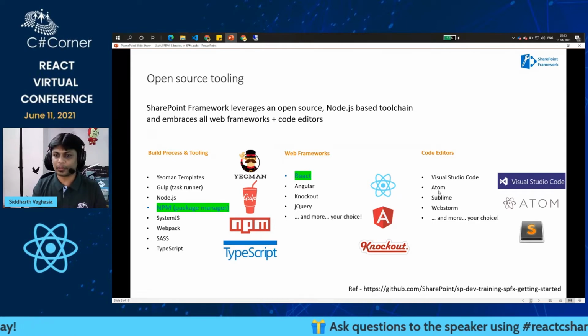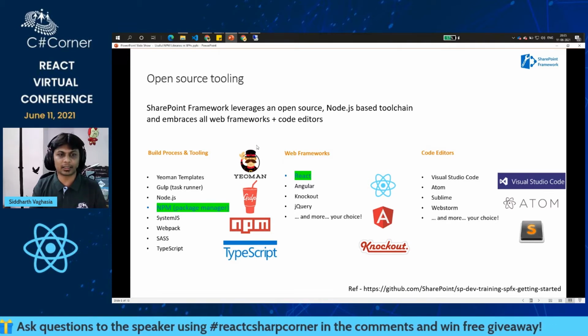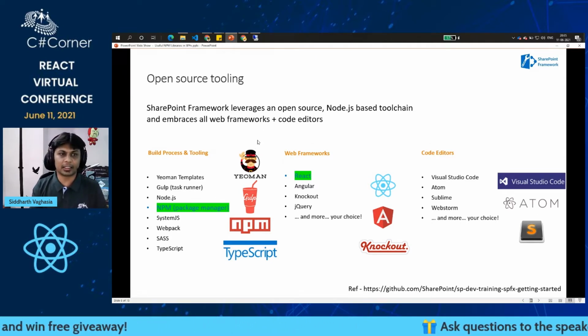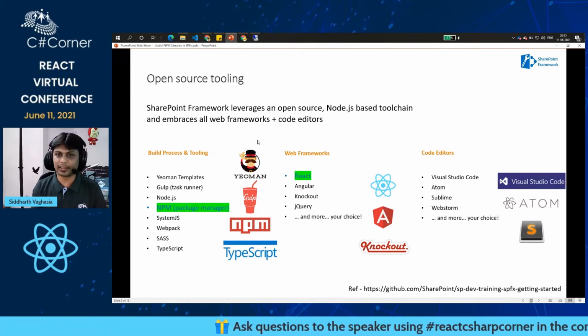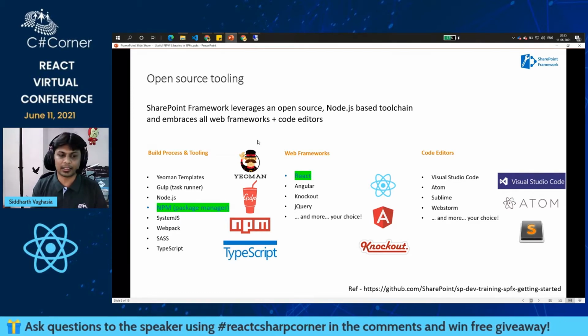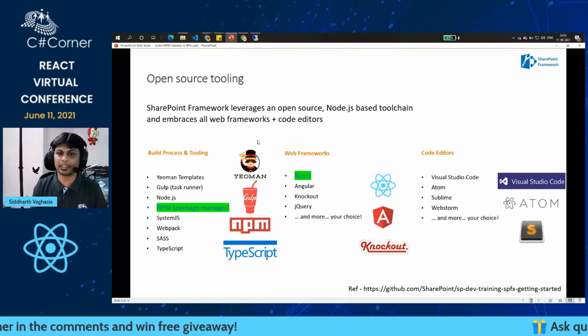And these are some of the code editors, like Visual Studio Code and Atom, through which you can develop your SharePoint Framework solutions. I won't be going into much detail on this, but although the session title says using npm libraries in SPFx, it does not necessarily mean that you can only use these libraries in SPFx. Because this is open source and on the npm package manager, all the libraries can be used in any React based application where you are using it as a front end.